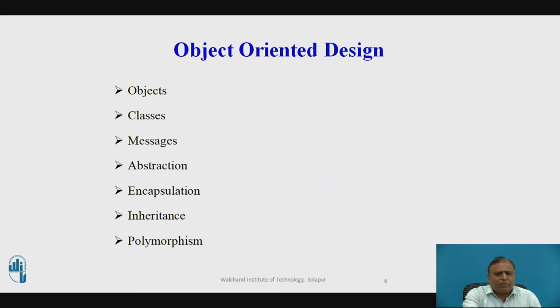The next concept is polymorphism. Object-oriented design languages provide a mechanism where methods performing similar tasks but varying in arguments can be assigned the same name. This is known as polymorphism, which allows a single interface to perform functions for different types. Depending upon how the service is invoked, the respective portion of the code gets executed.